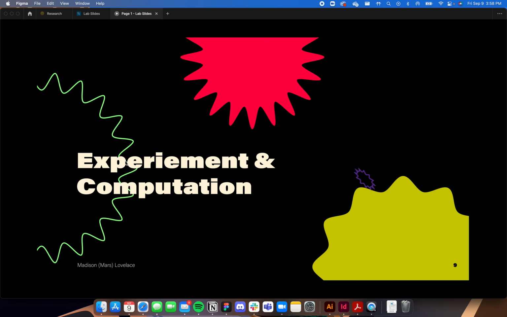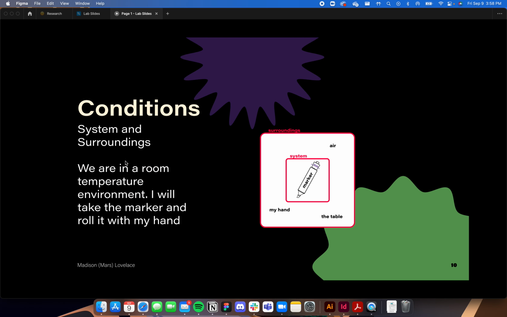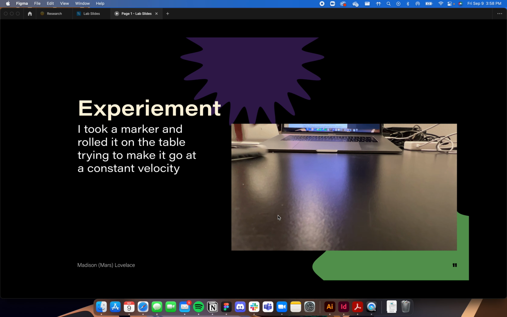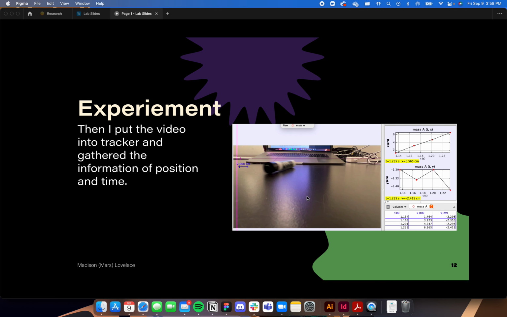So here, getting into the experiment and computation of the lab, the system was the marker and the surroundings were the air and the table. My hand doesn't really count as a surrounding because I was measuring it after I let go of the marker. So I took the marker and rolled it from left to right on my tabletop, trying to make it go at a constant velocity. I took that video and put it into Tracker to get the position of the marker